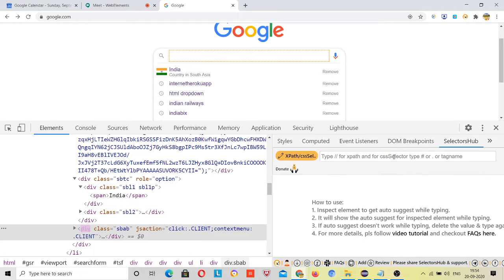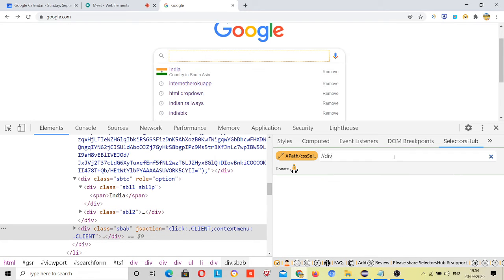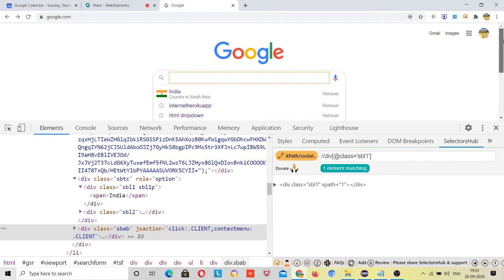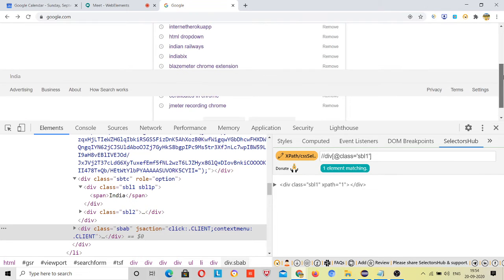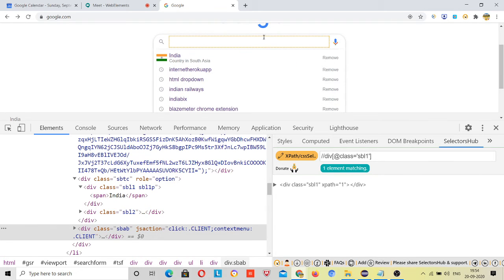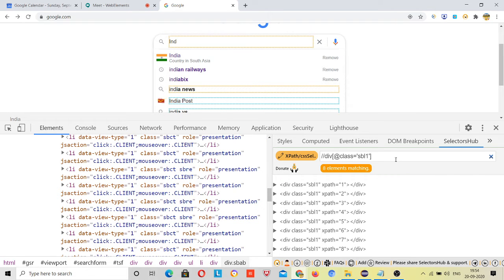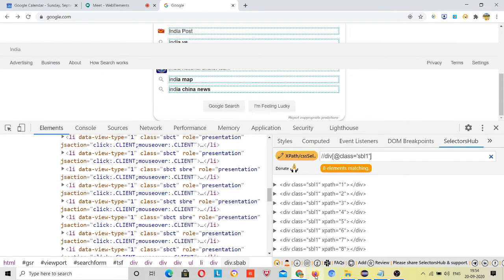I can cross verify it with this also. So 179 div tags are present, so this is not common. So until we write common, class is equal to SBL1. Here you can see, if I type India over here, and now if I click enter, 8 elements are matching. First 3 are not getting highlighted just because we have used this Firefox plugin to cross verify it, right?